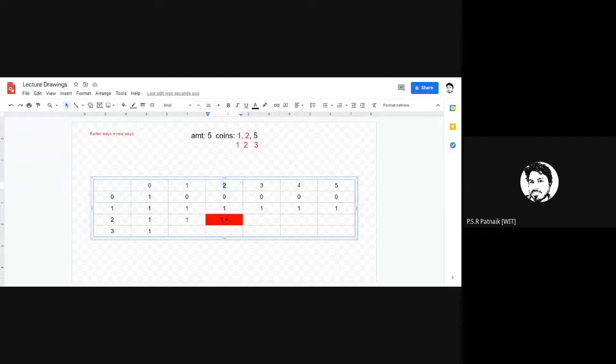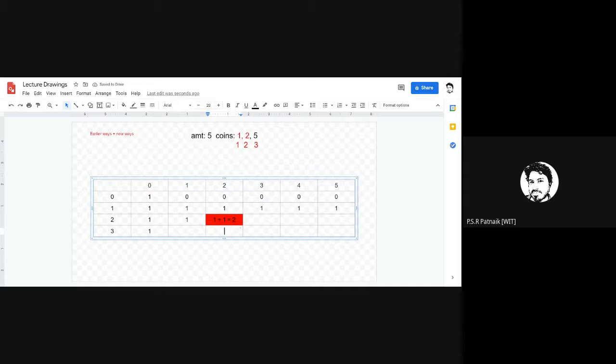If the currency is used, you have to subtract the currency value from the amount. Then whatever value you get, you have to look into that table cell, like 2 0, and by default it is 1. So here it would be 1 plus 1, which is equal to 2.